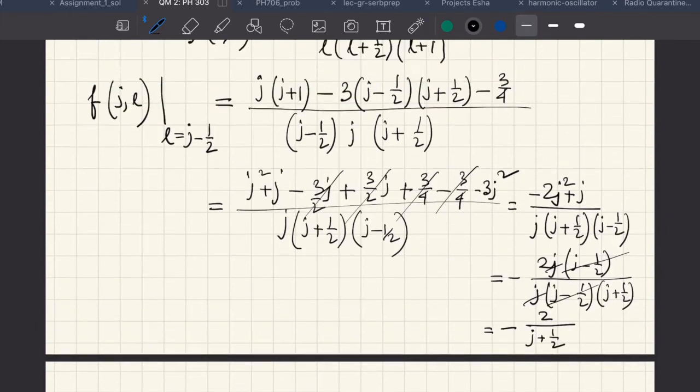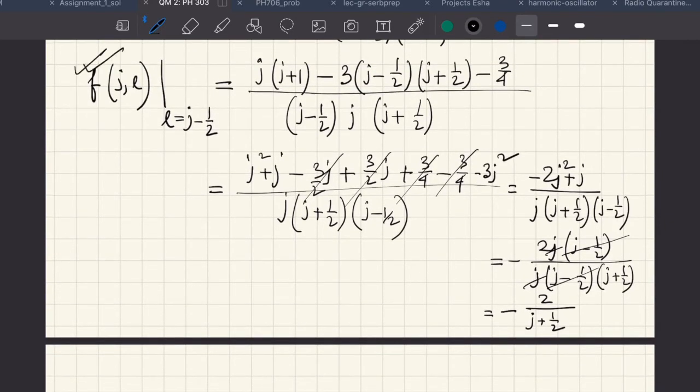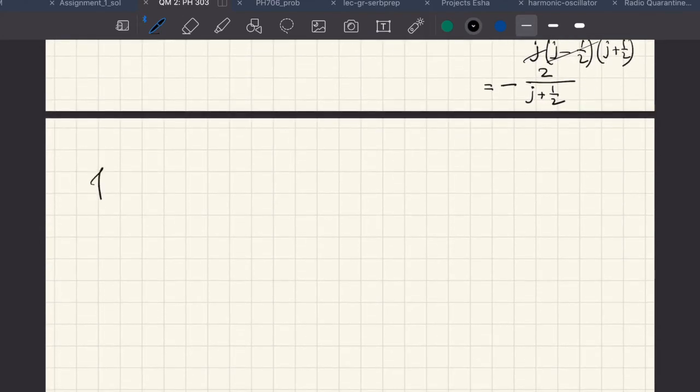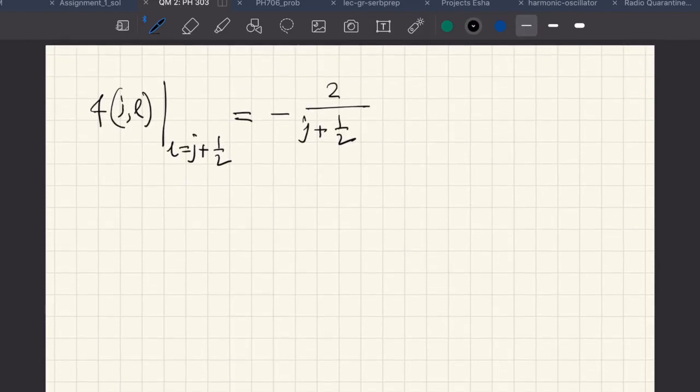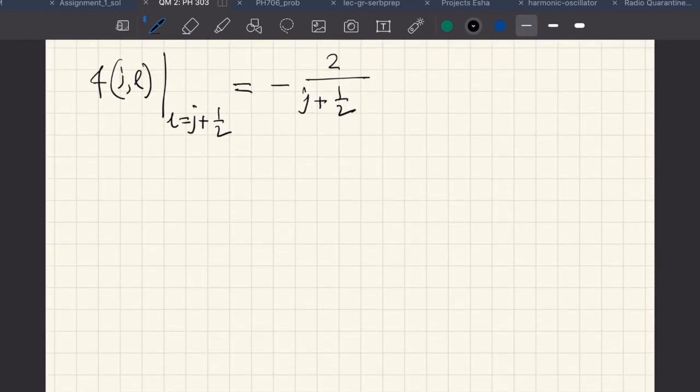In fact, if you look at the same F but now with L equal to J plus half, you will arrive at an equation which will also be the same. Please do this calculation, it will also give you the same result. Therefore, it is very easy to write equation 1 as